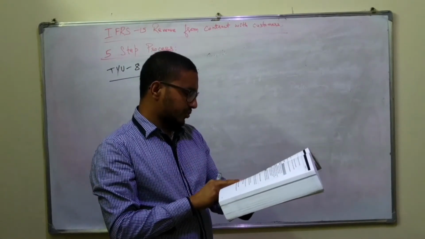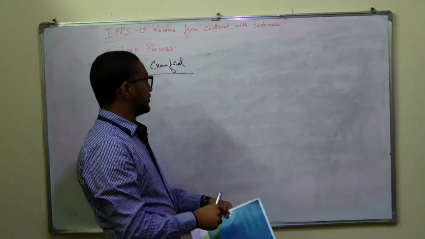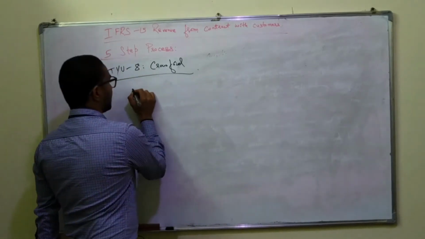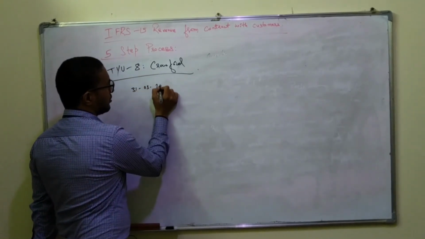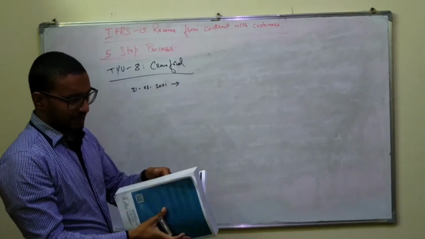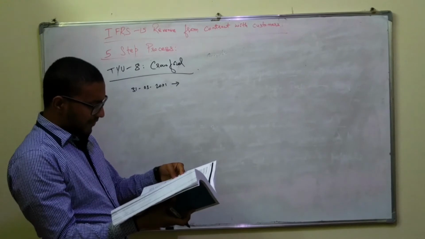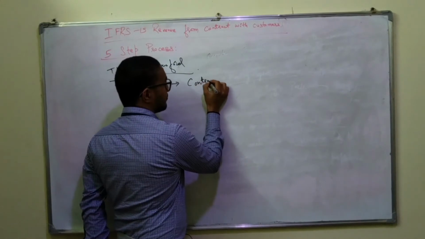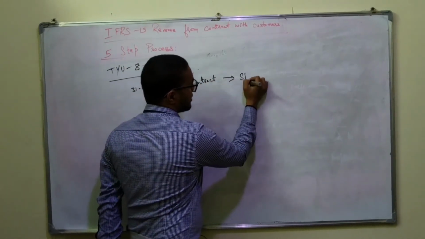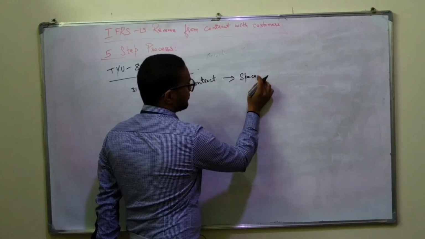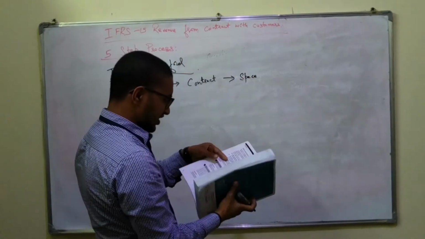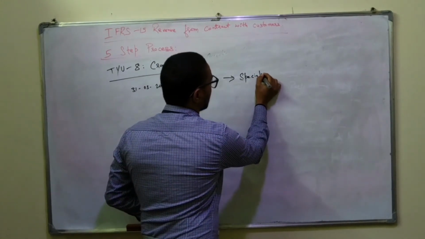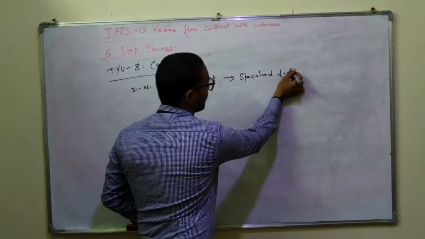On 31st March 20x1, Crawford enters into a contract to construct a specialized factory